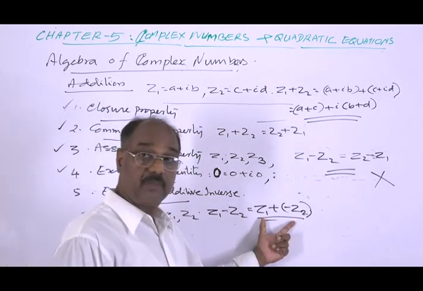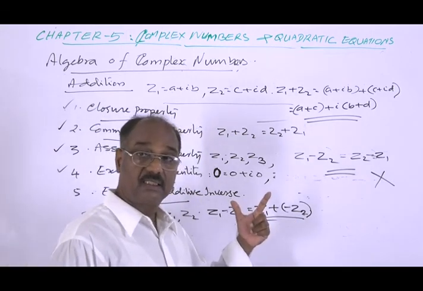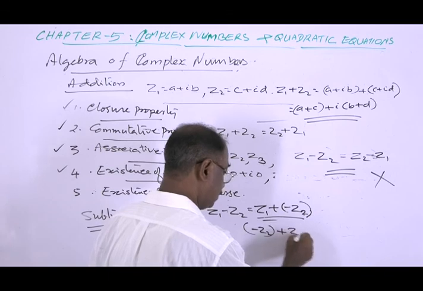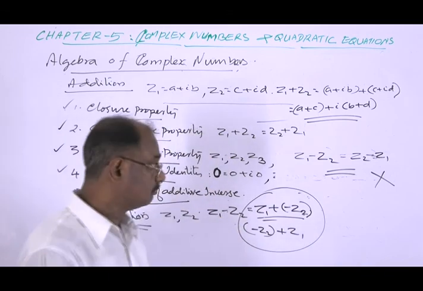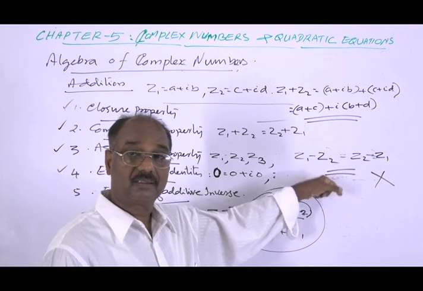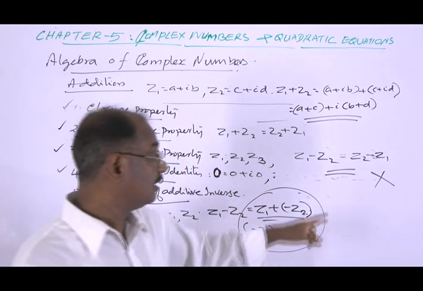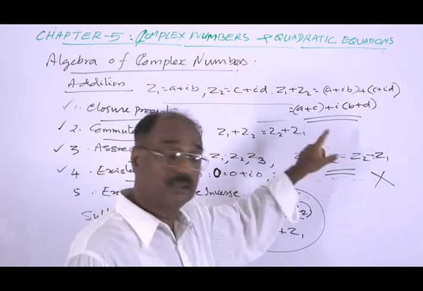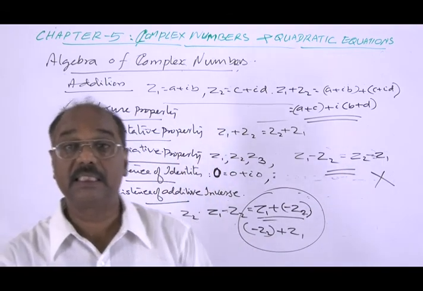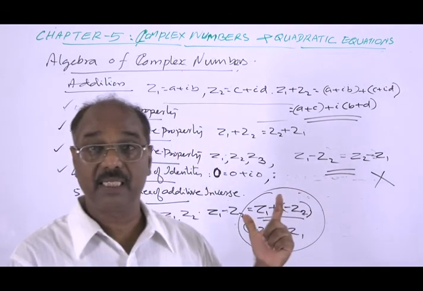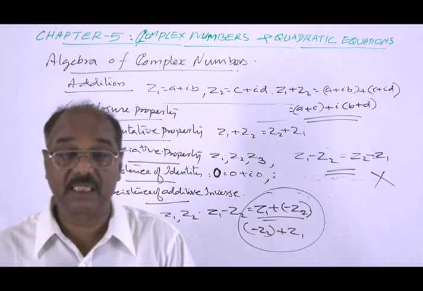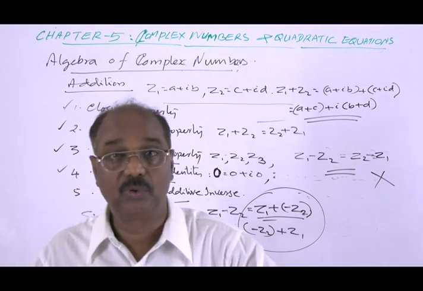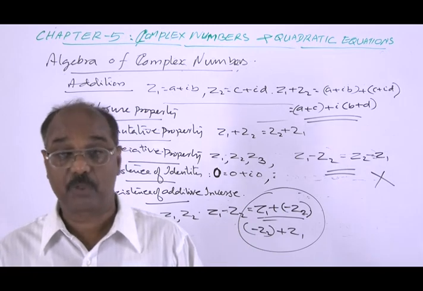Here the commutative property satisfied is this: Z1 minus Z2 is equal to minus Z2 plus Z1. This is okay. But the other is not. So remember this. You can easily understand why this is so. So be careful in such situations. With this idea in mind, we can verify what are all the properties satisfied in the case of the difference, the subtraction. It is left for you to check the various properties.